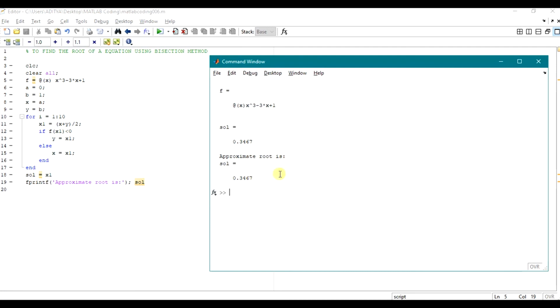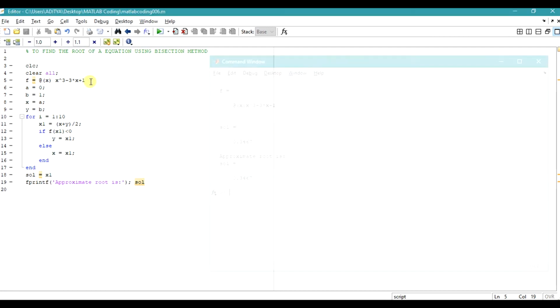So this is the root obtained by using the bisection method. As in theory it was mentioned, it is very long and time consuming, but thanks to MATLAB the time has been reduced and we have got the root of this cubic equation x cube minus 3x plus 1 using the bisection method.